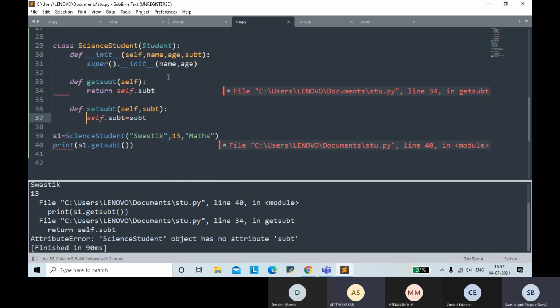Run. So here it's something wrong in line number 34. Subject. It's correct, right? Spelling. Yes, sir. Self, get subject. Okay. It's running, right? It's printing, but it is.